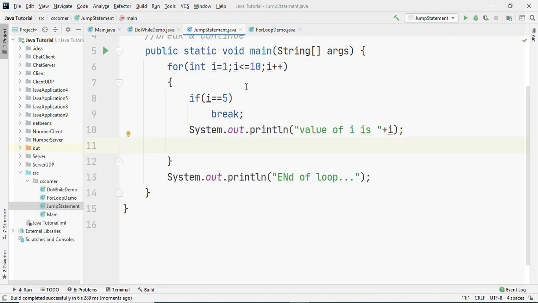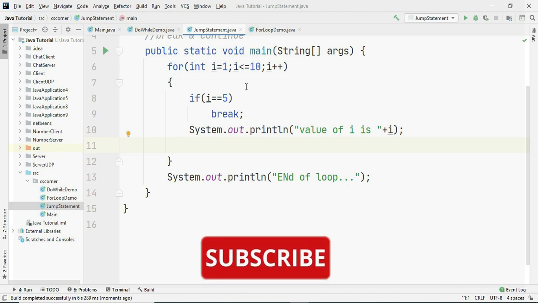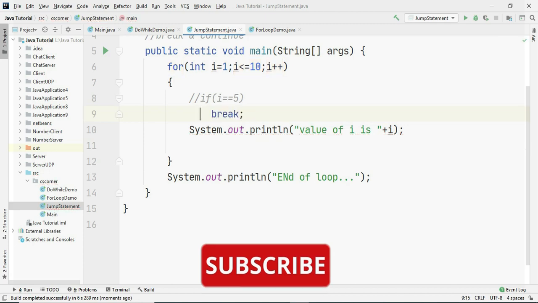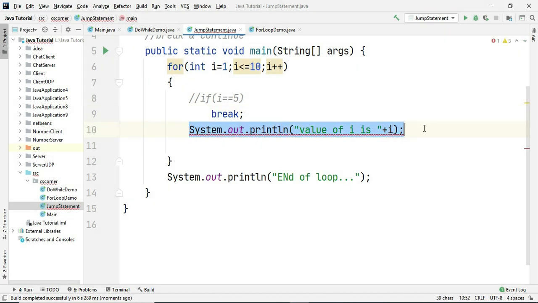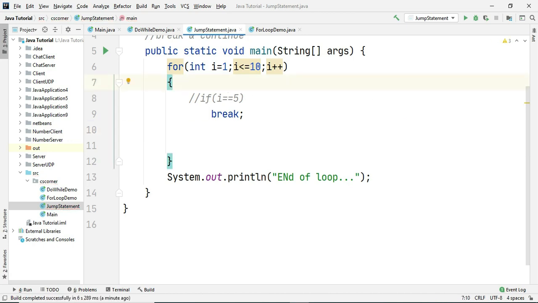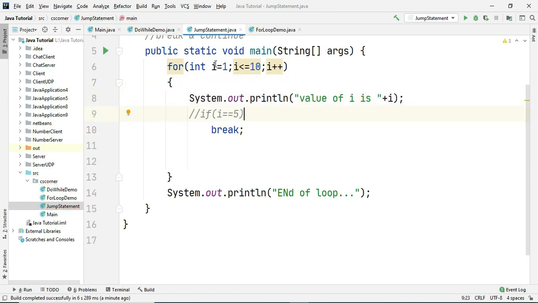So break stops your loop whenever the condition is reached. It is not compulsory to always write break with some condition. You can write break without a condition also. Let me do that. I will copy this statement and put it over here. Now in this case, what is going to happen? It is going to print the value of i.